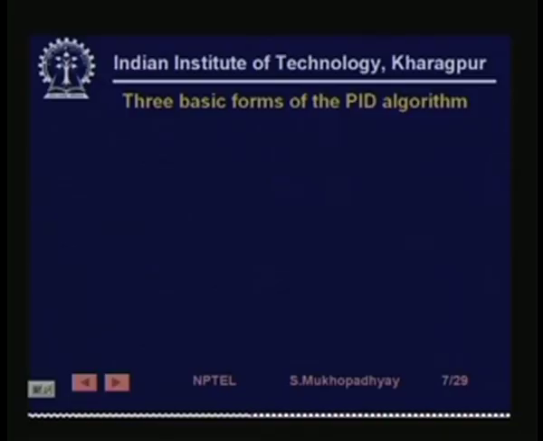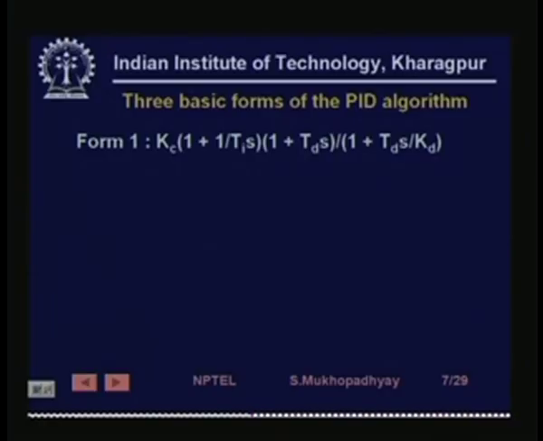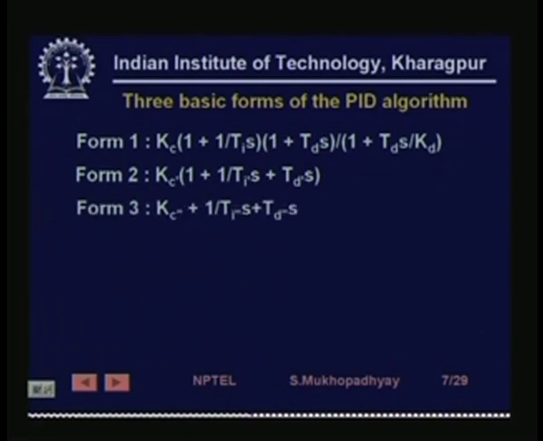Having seen that, let us come to this point, what is the PID controller and what are the interpretations of its gains. It turns out that there are several forms of the PID equation which are in use in the industry today. So, for example, you have this form which I call form 1. You have the other form which is form 2, which is probably the most popular in textbooks, and form 3 which is an abstract control systems kind of form,